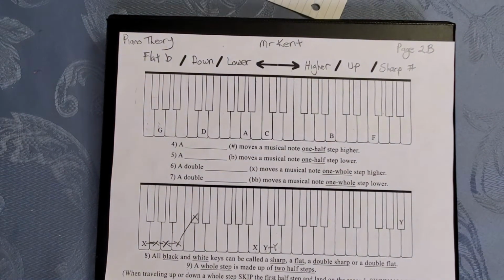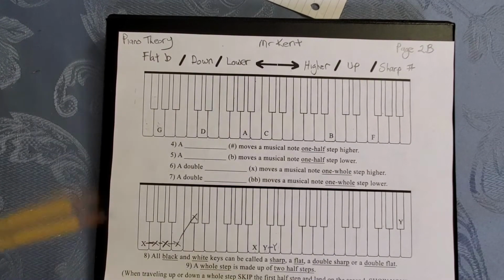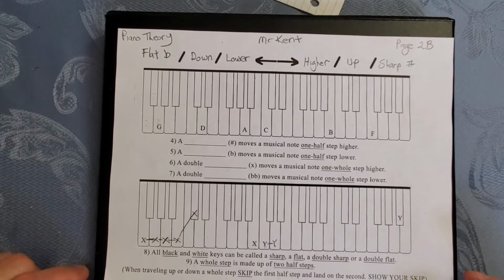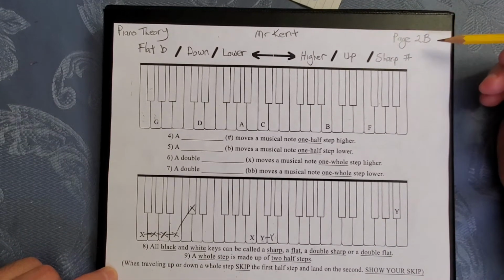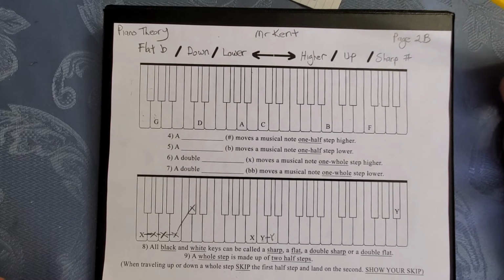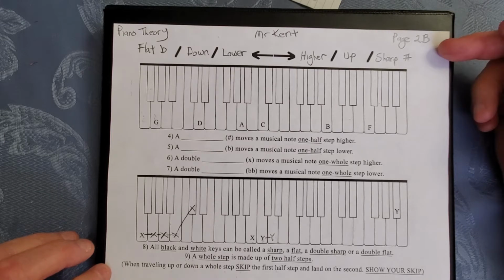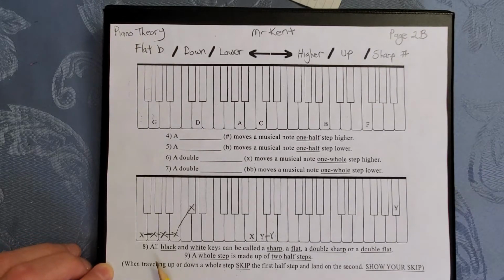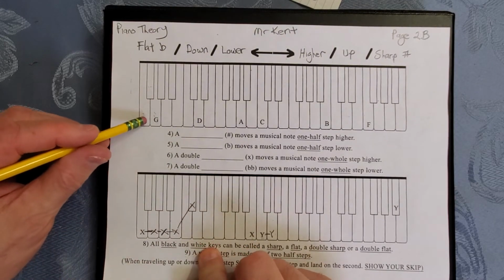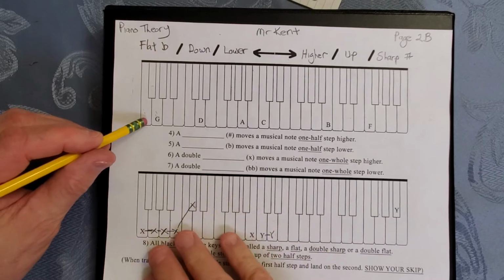Okay, welcome back. This is the third video on piano theory. And we're on the back, page 2B, which is on the back of the piano theory sheets, the two sheets. Last time we played the half step game, and then we learned about going up whole steps. And we said to go up a whole step, if I start on this one here,